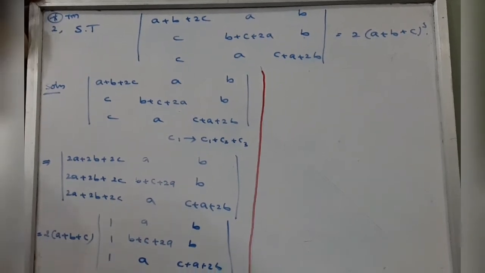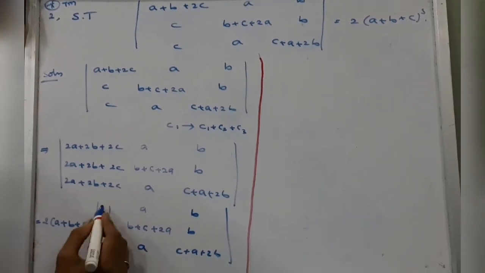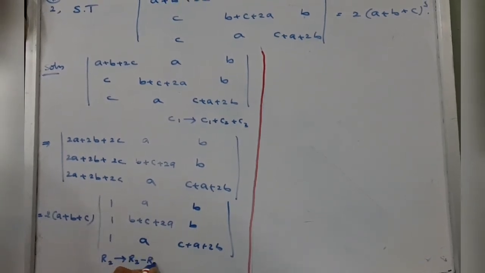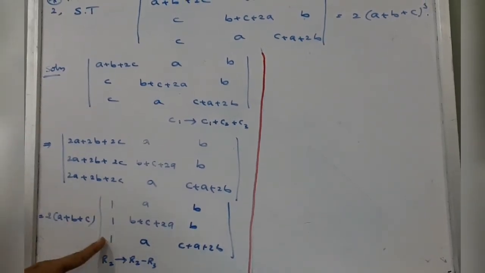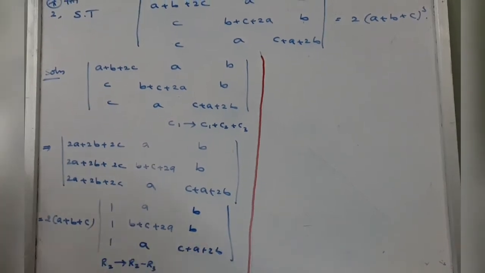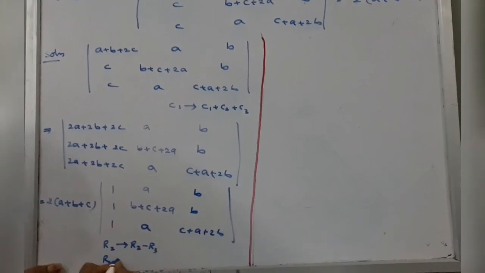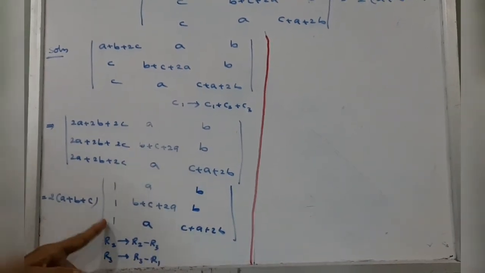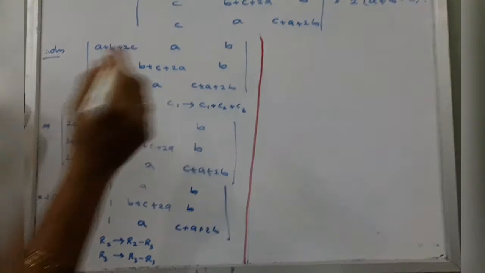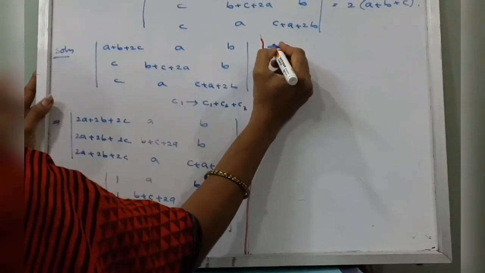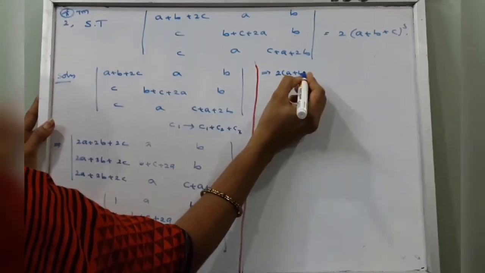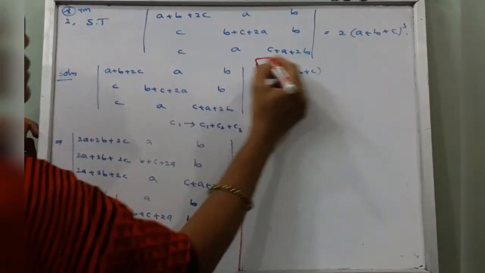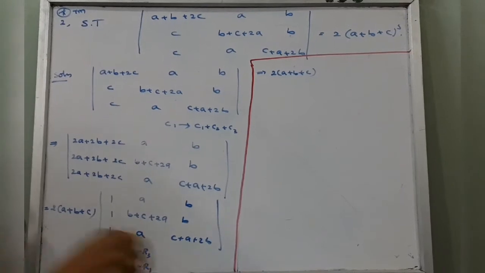To get these two 0, we are applying R2 interchanging R2 minus R3. Then 1 minus 1 is 0, 2a minus a, a. Again R3 interchanging R3 minus R1. Then 1 minus 1 is 0, 1 minus 1 is 0. Which implies 2 of (a plus b plus c) into determinant of